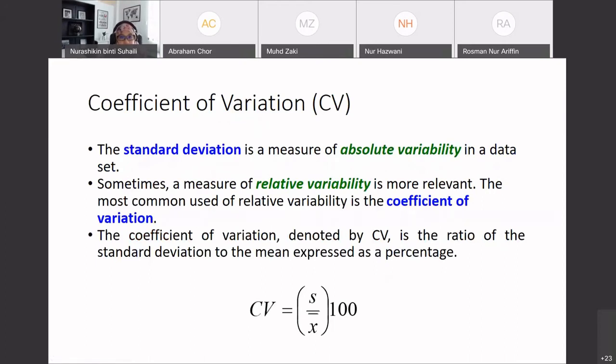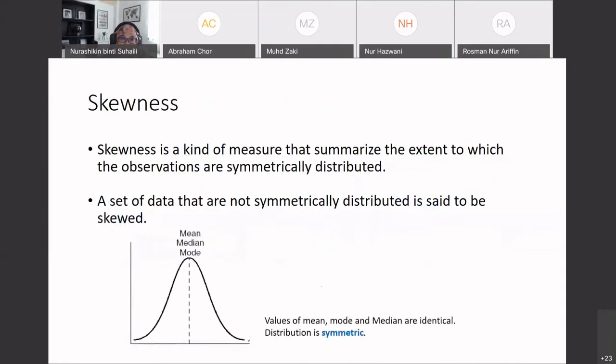Coefficient of variation. The standard deviation is a measure of absolute variability in a data set. So what is the difference between standard deviation and coefficient of variation? The standard deviation just measures how much the deviation is, but this one is normalized by the mean, divided by the mean, and then multiplied by 100. For example,